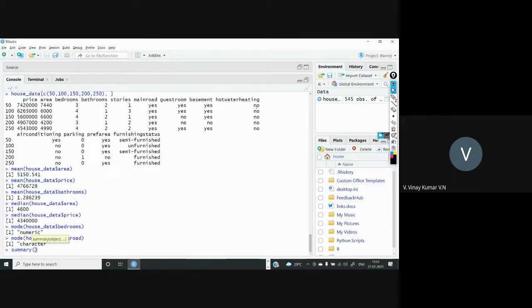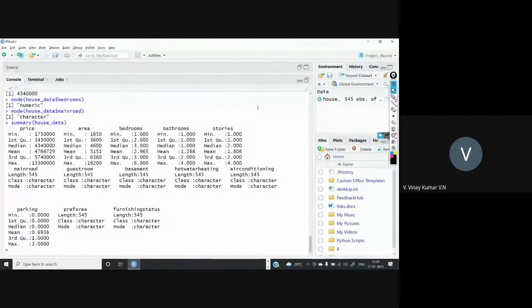Summary of which one do you want? I just want to see the entire data summary, so I use the file. Total summary of house data will give us the total. You can see the price here.